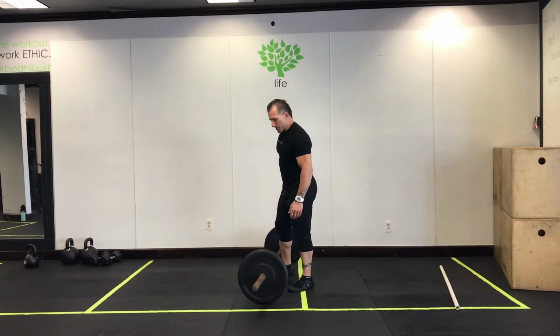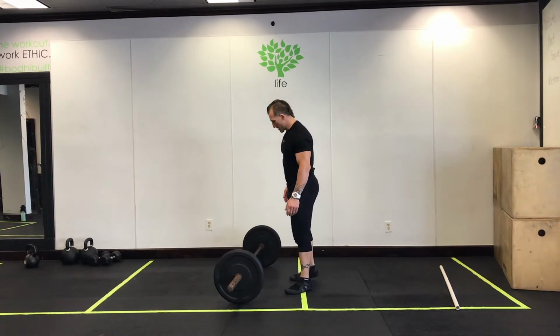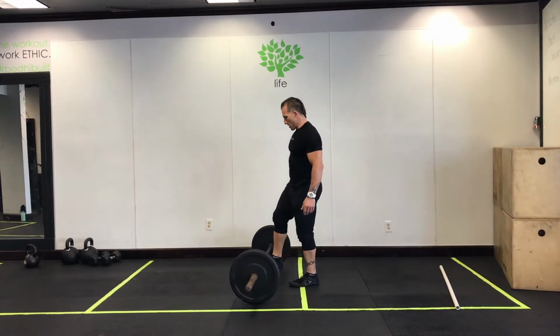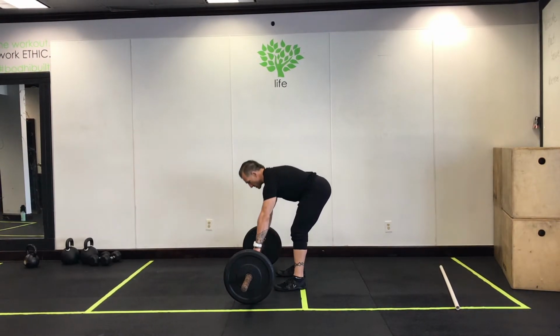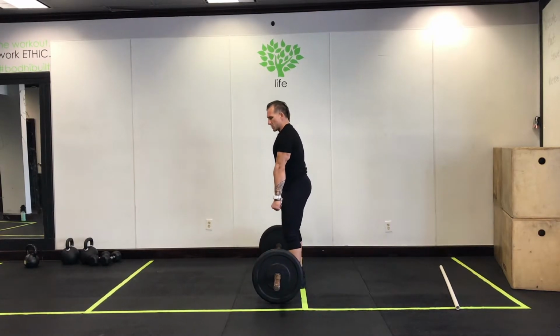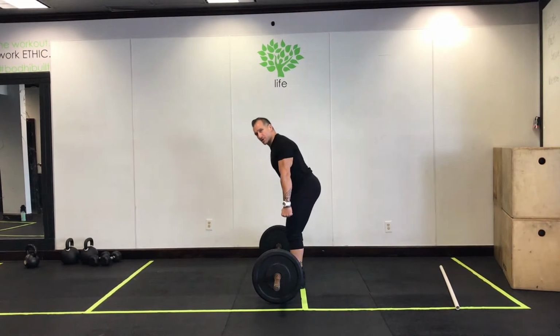And I'm going to start off with an RDL, which is Romanian deadlift. A Romanian deadlift means your hips are going to be a little bit higher up, so it's a little less knee bend, more hips. Now, if I'm holding a barbell, just using this as an example, in order to keep my back flat when I'm folding over,